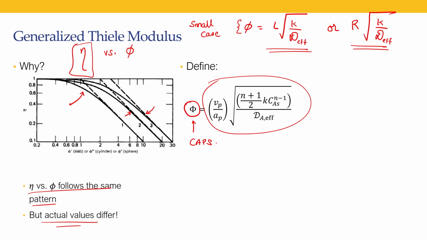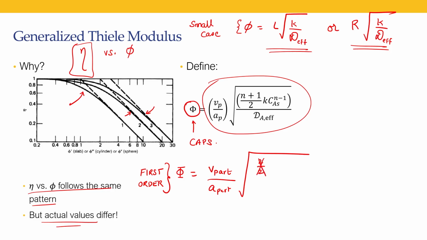Let me go over what it means for a first order reaction. For a first order reaction, phi is going to be the volume of the particle divided by the area of the particle, times the square root of 2 by 2, k C_AS to the power 1 minus 1, which is k C_AS to the power 0, which means this also goes away,